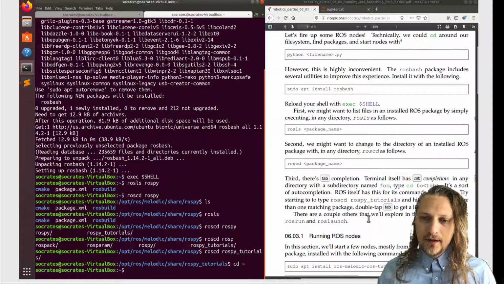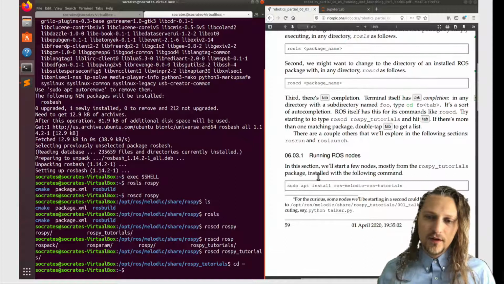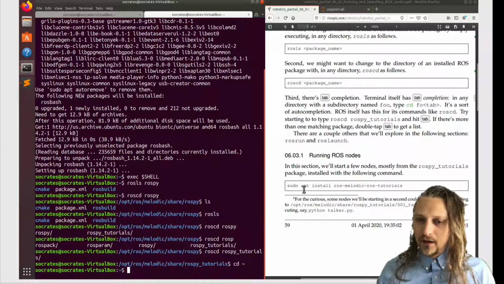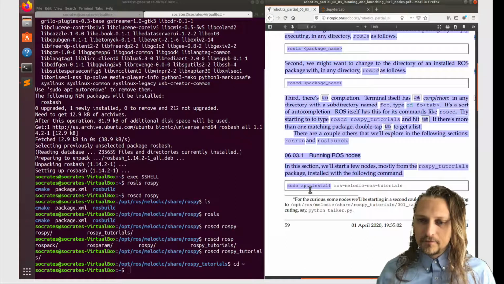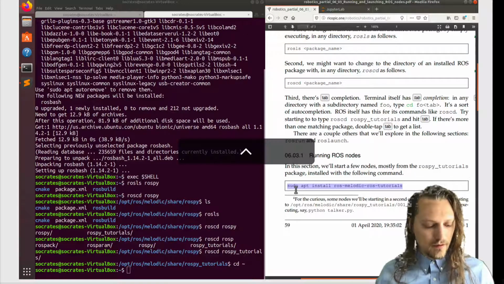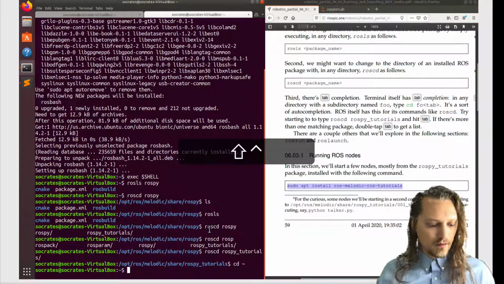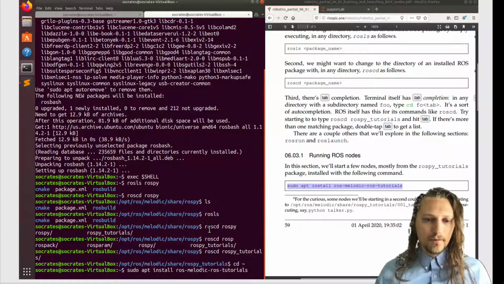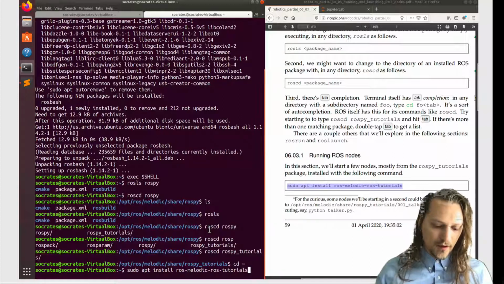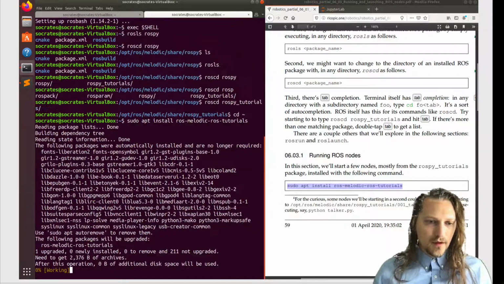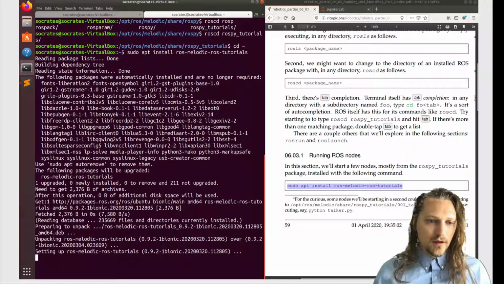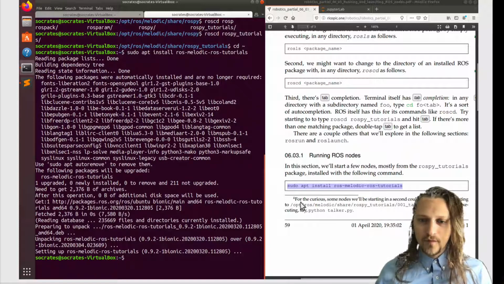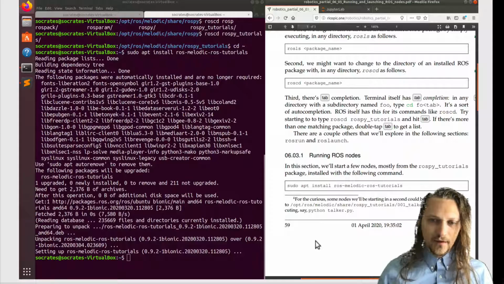And I can just copy and paste this installation string here. So copy it, paste it. This will get me the ROS melodic ROS tutorials, and great. Now that I've got that installed,